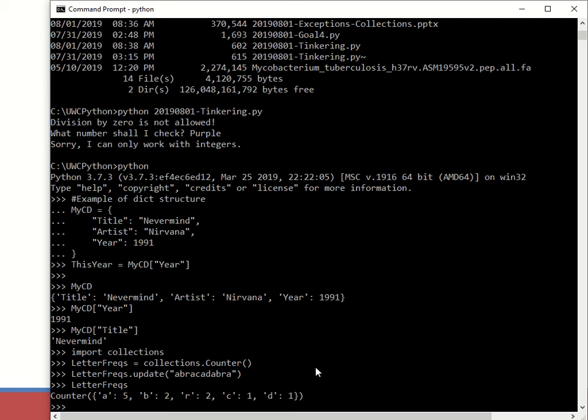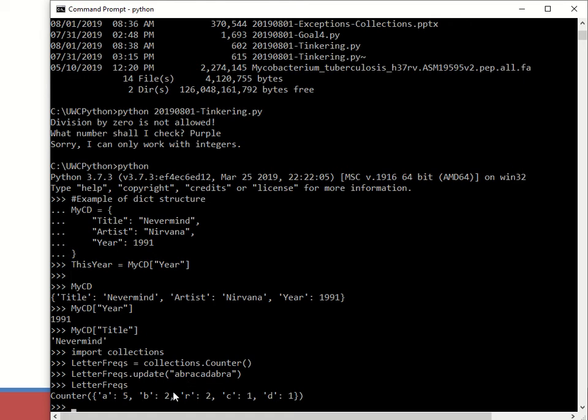As it picks up the letters in the word, right, because the letter frequencies is not going to automatically contain every letter. It's instead going to instantiate a new key every time it encounters a letter it's never seen before. So A, B, R, all three times it encounters those first three letters, it has to create a new key